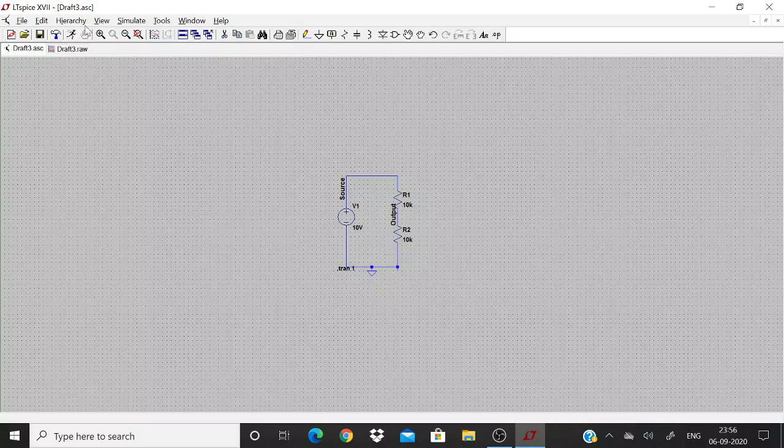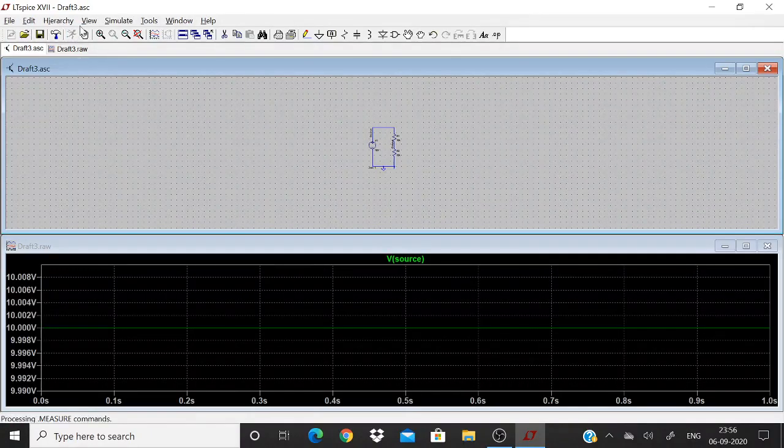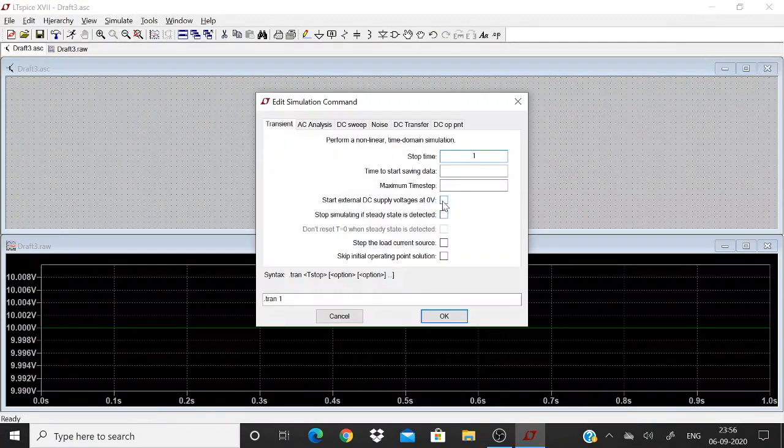Now I can even edit the simulation window. Simulate, edit simulation command. I can say the external DC supply starts from, till now I have imagined that it is already 10 volt, but here I can opt the supply's voltage starts at 0 volt.